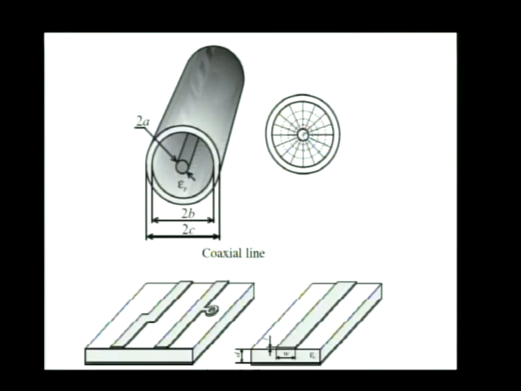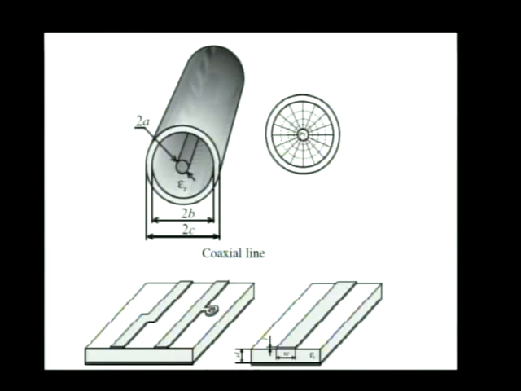You'll find the solution for this one as a standard example in any undergraduate fields and waves textbook. You can find the fields in closed form exactly. You can find corresponding exact closed form solutions for voltage and current, and so on for the coaxial line. A very handy type of transmission line,